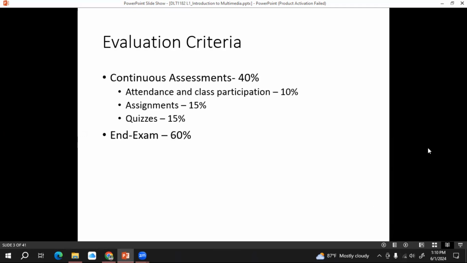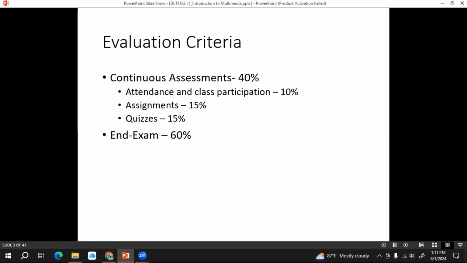Then this is the evaluation criteria. We are allocating 40% for continuous assessments. It has three parts: attendance and class participation, for which we allocate 10%; assignments, for which we allocate 15%; and quizzes, for which we are allocating 15%.